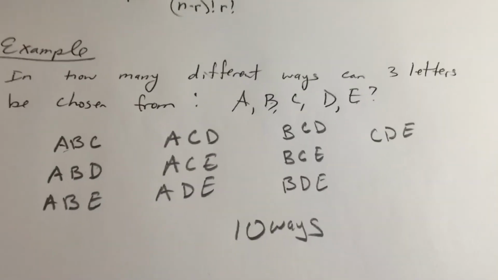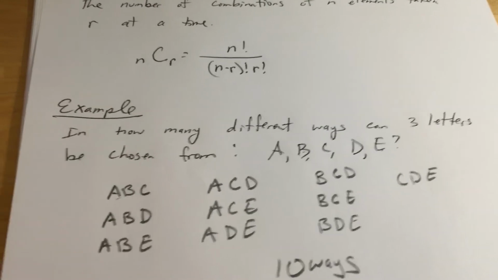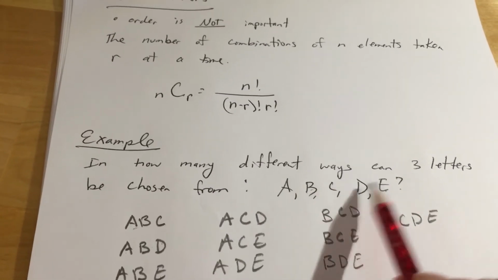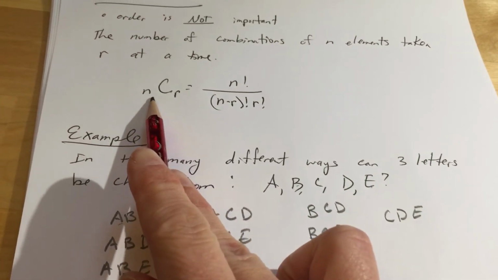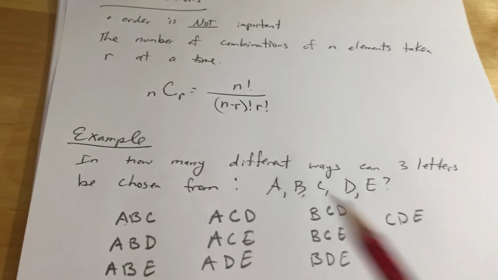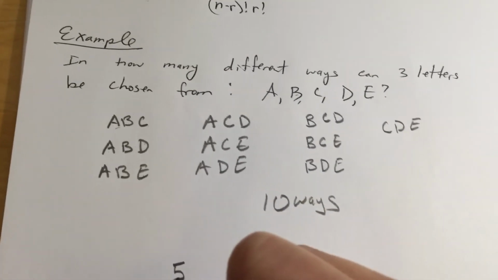But this is the long way. I don't want you having to sit here trying to figure out all the different ways. That's why we have an equation. So how many letters do we choose from? 1, 2, 3, 4, 5. So that is n. How many do you want to choose at a time? I want to choose 3 at a time. So my r value is 3. So this will be 5C3,